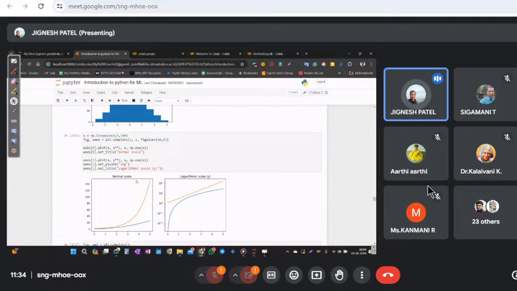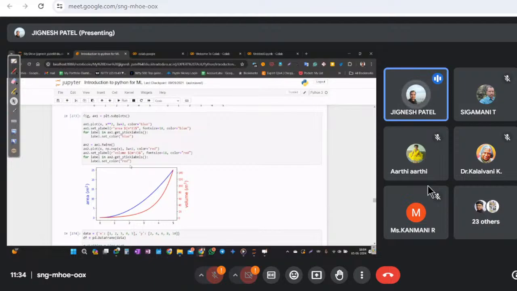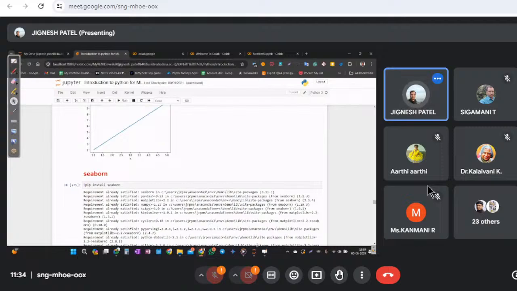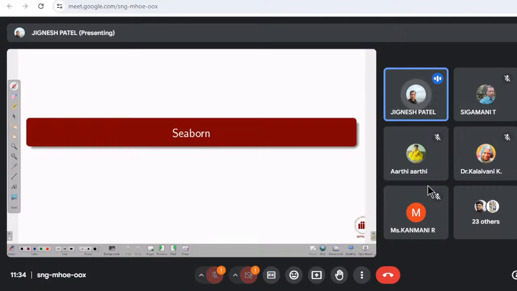There are various ways you can have a different axis, like a subplot, and all is possible. Plotting on plotting is possible. Okay, then another library is called the Seaborn library. This is just a basic library, but Seaborn is a very much advanced library, in the sense that